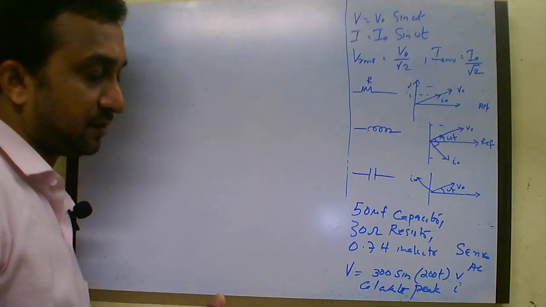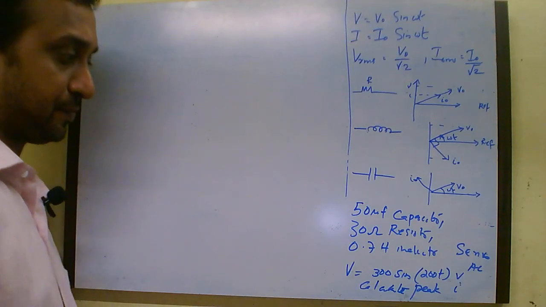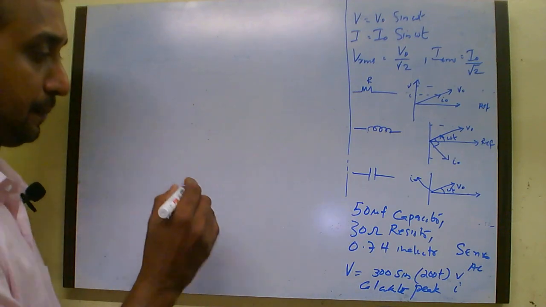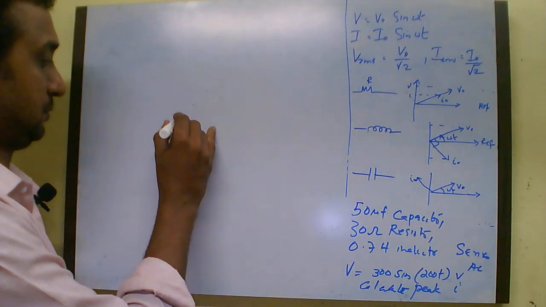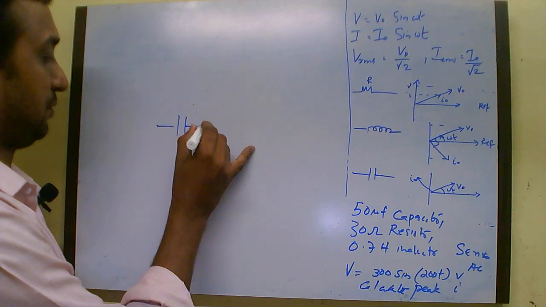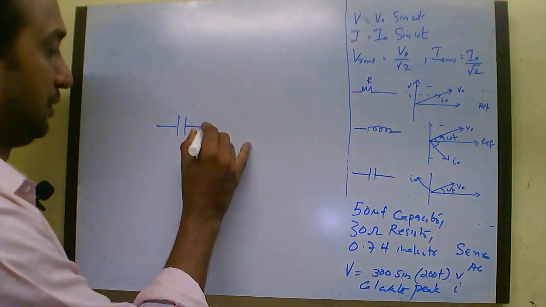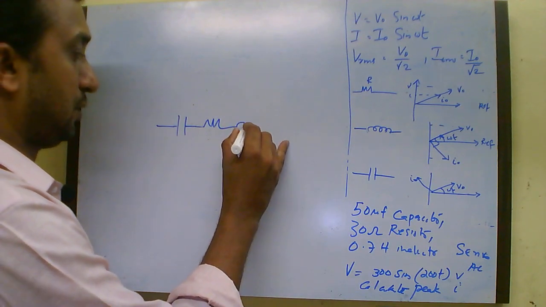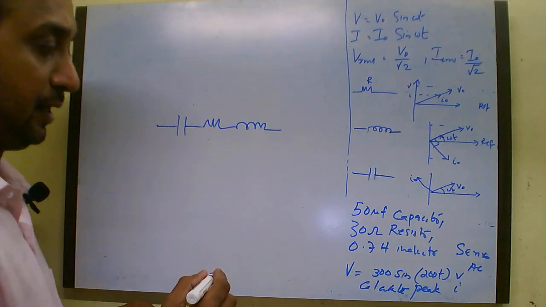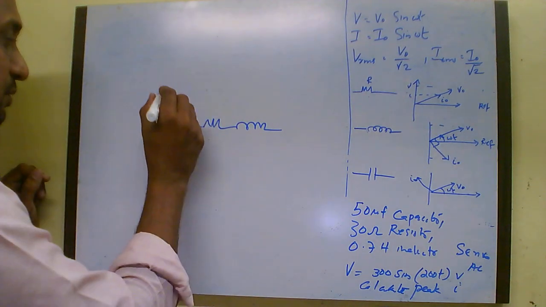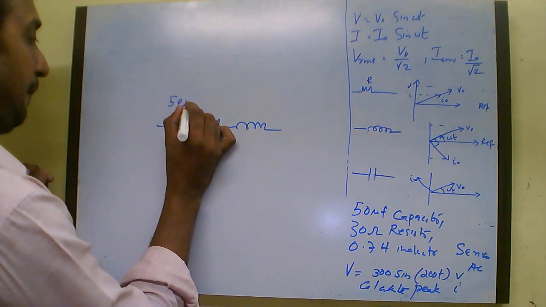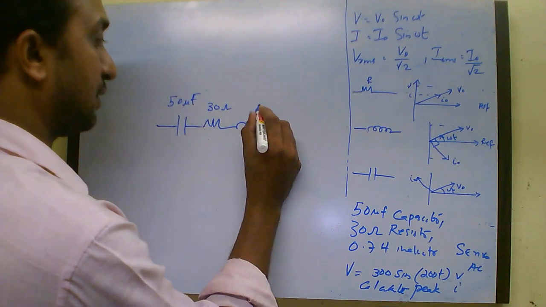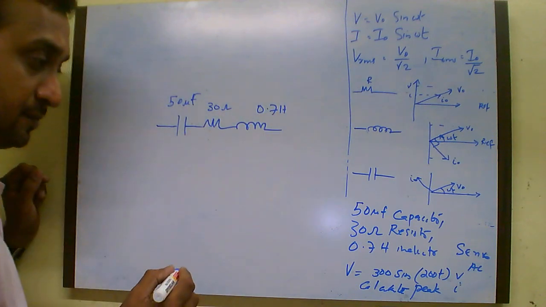Now let us discuss one more question related to the AC. The question is something like this. You have a 50 microfarad capacitor, then you have a 30 ohms resistor, then you have a 0.7 Henry inductor, all in series. So this is 50 microfarad, this is 30 ohms, and the other one is 0.7 Henry